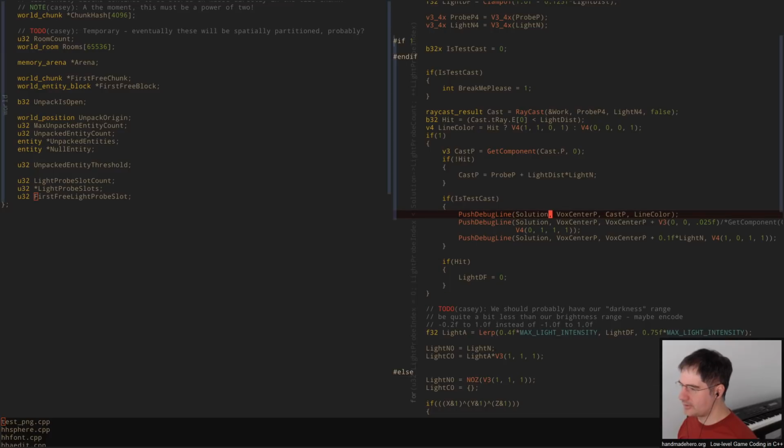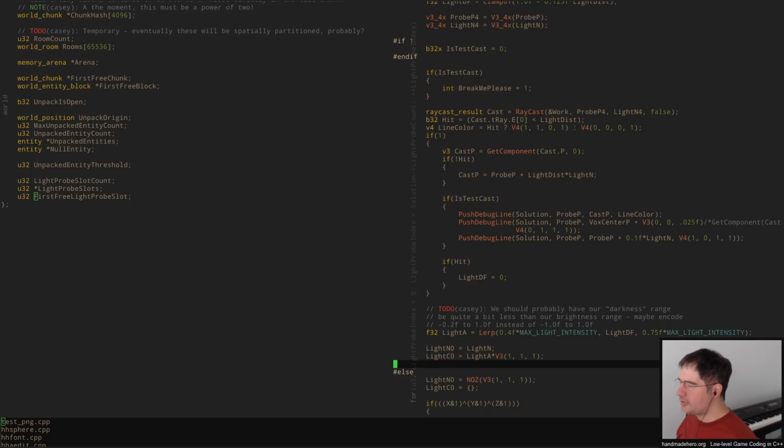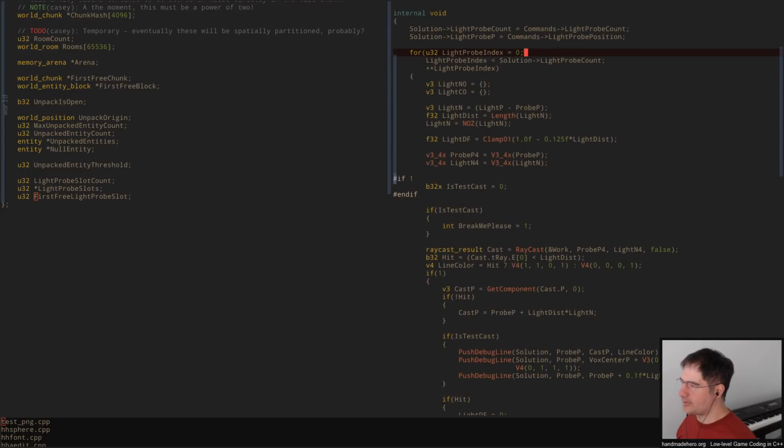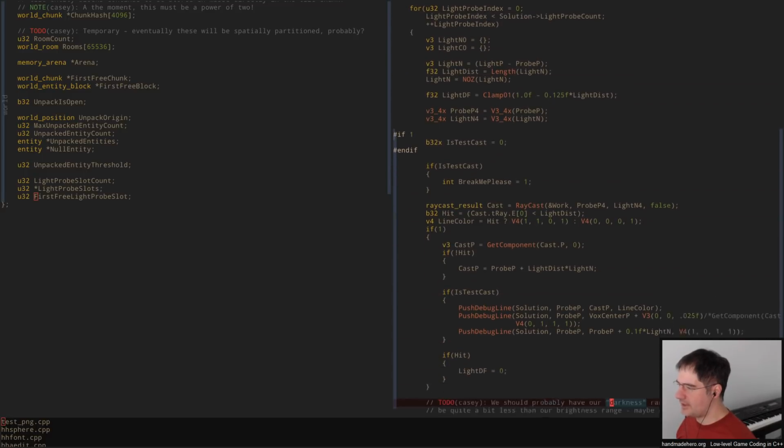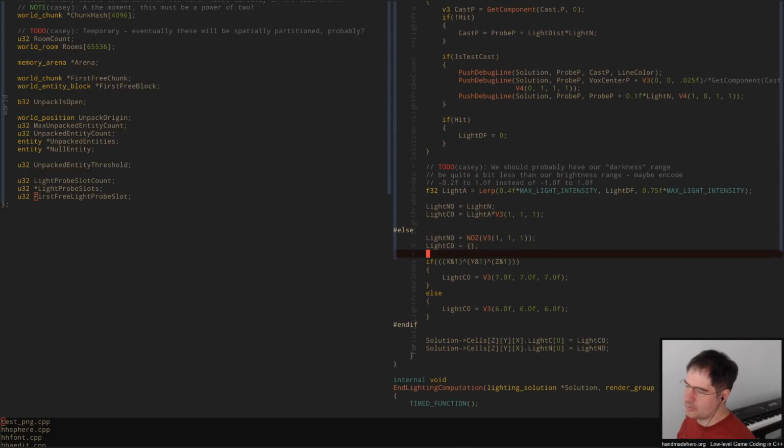And then we're still going to want to do all this. Don't ask me why I didn't just search and replace that, but I didn't. Oops. So here is our thing for raycasting the light probe, and then we know what we actually think the light probe did. And then when we get into here, we can still compute all this stuff effectively the same way, but then